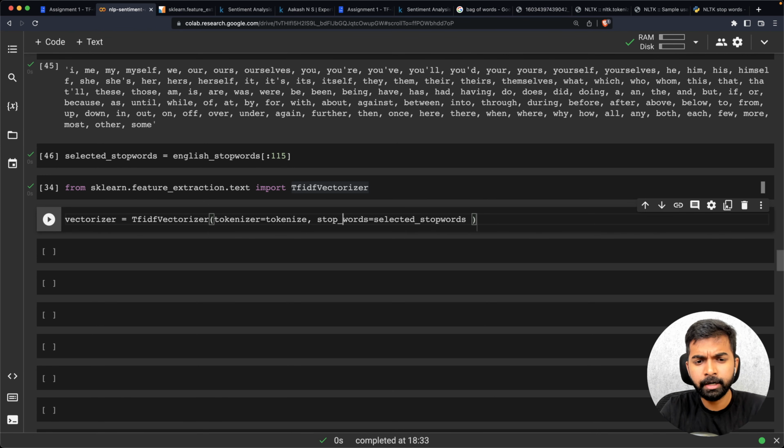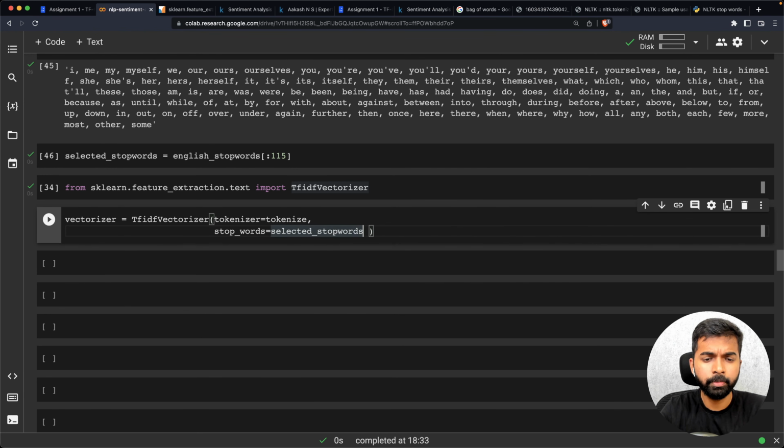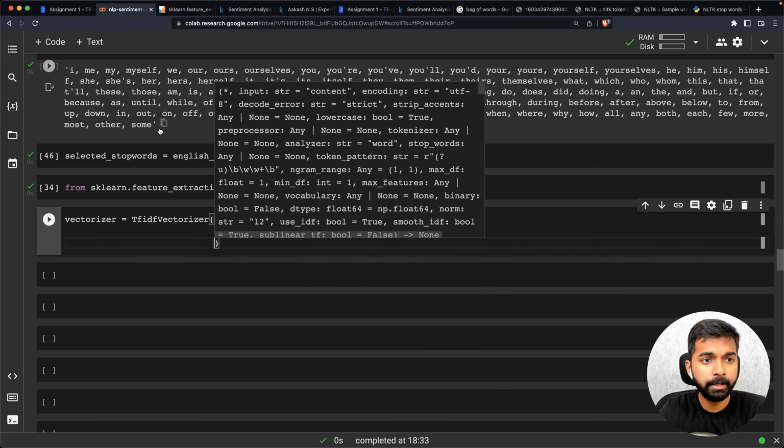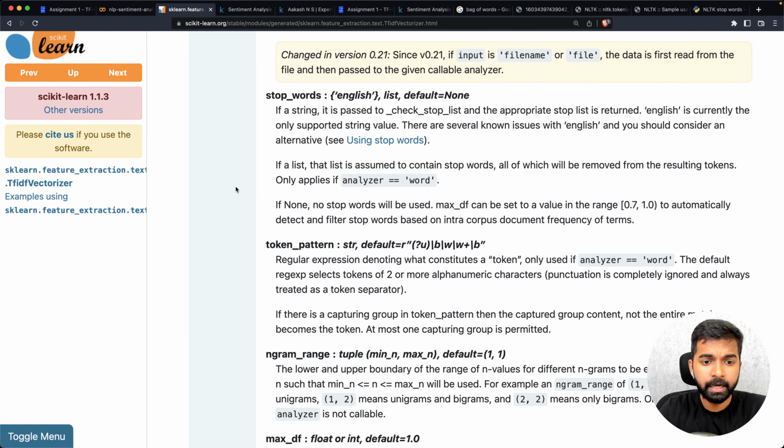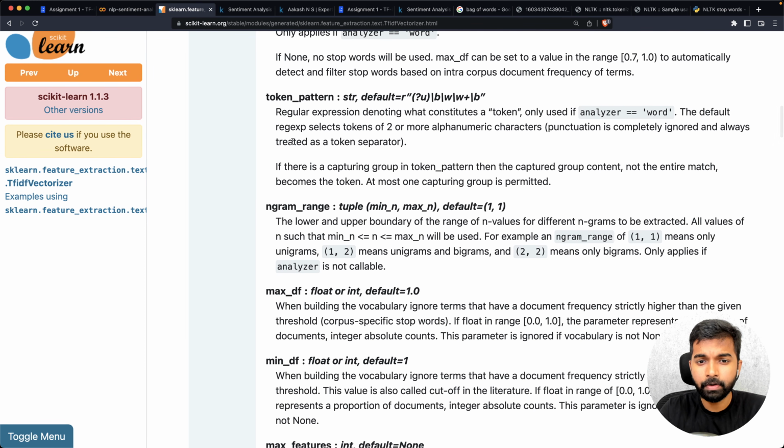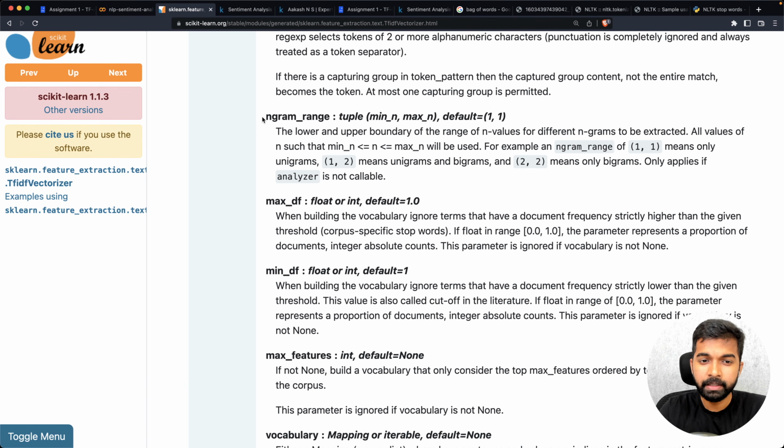Contains the first 115 stop words. From the point where negative stop words were present, I've excluded them. Let's see what else we have. Token pattern is not relevant here, but here's one thing that I want to experiment with this time, the n-gram